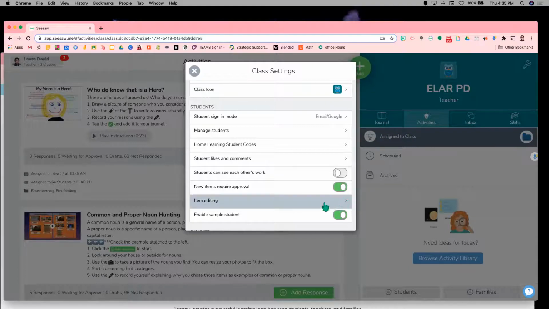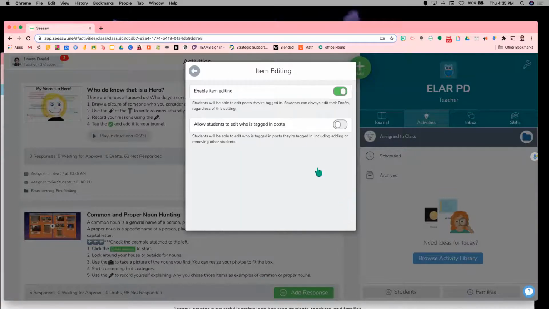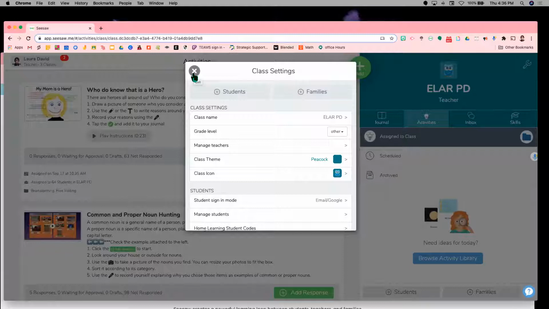Also, I showed you a little bit a while ago how the students can go back and edit their items. Let's say you don't want to do that. Let's say you're making a quick fluency check and you don't want them to go and re-record themselves or anything. You can disable the item editing as well. So let's say I don't want them to go back and edit. I can just turn that off. And so now it's strictly I turned it in, it's a final product done.